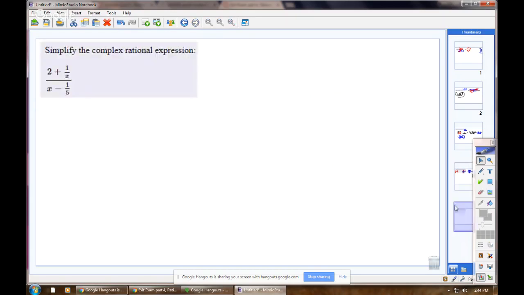would be to find the common denominator of the top and the bottom. So find an LCD for everything. And if you read the book and watch the other videos for this section, you'll see that this is the other technique. So here I have a denominator of x, here I have a denominator of 5, so the common denominator is 5x. So then what we do is we multiply both the numerator by 5x and the denominator by